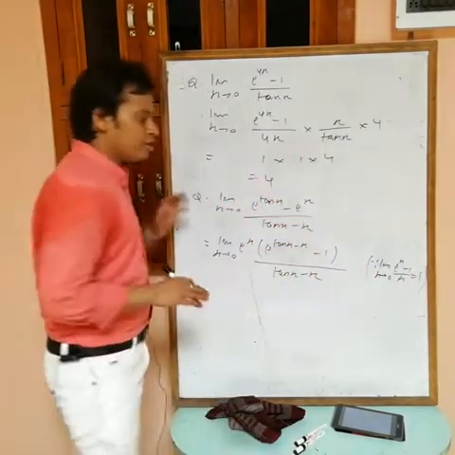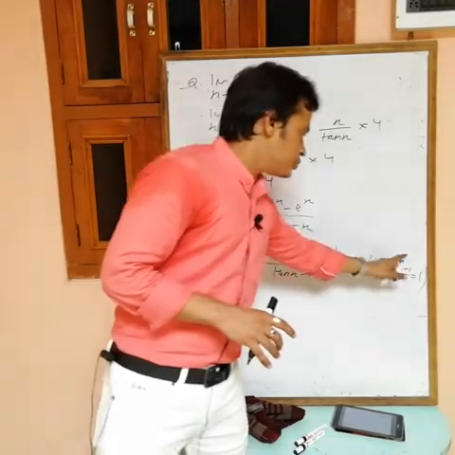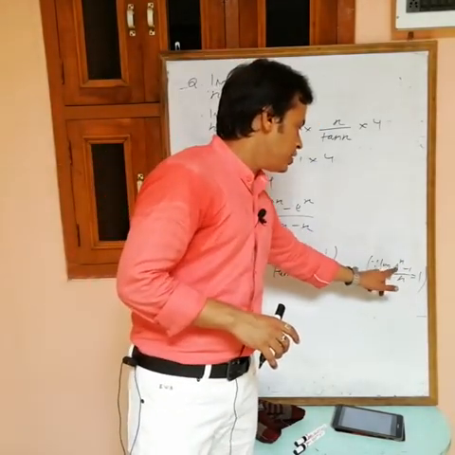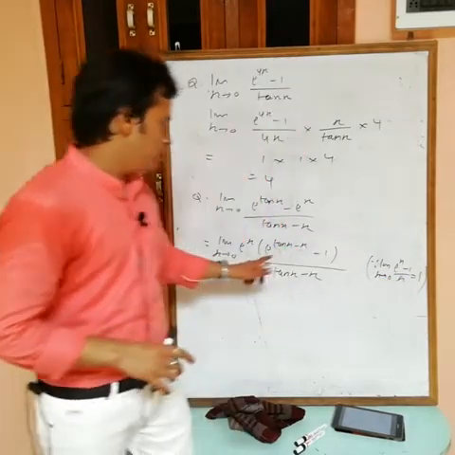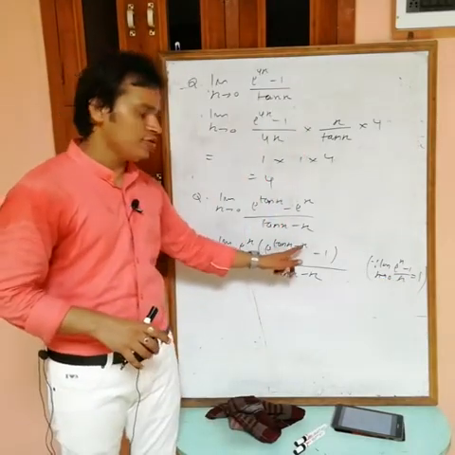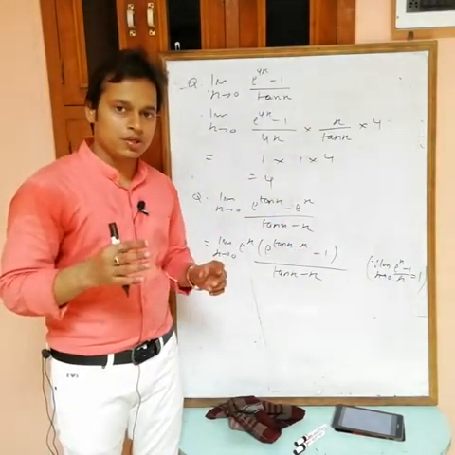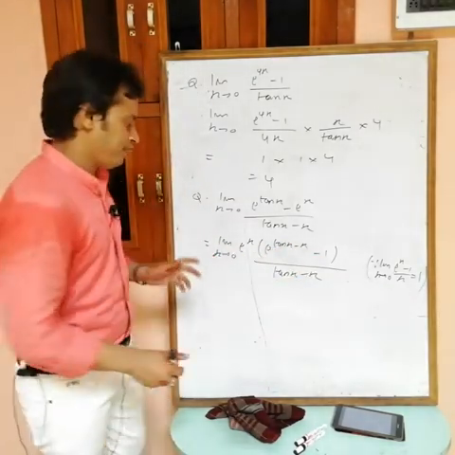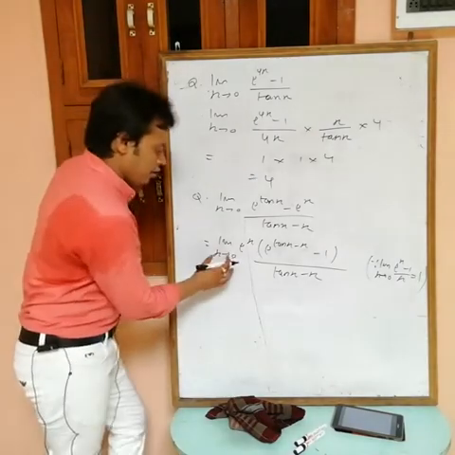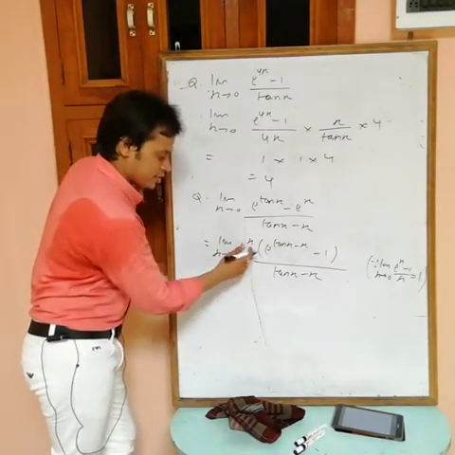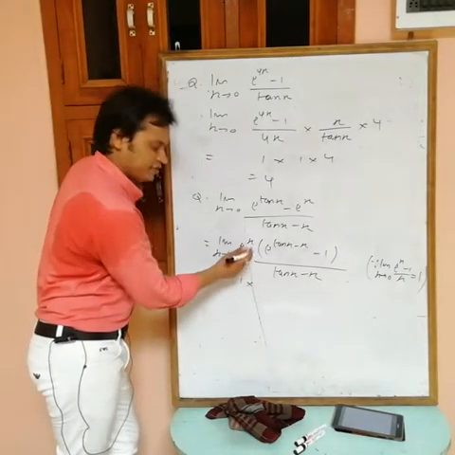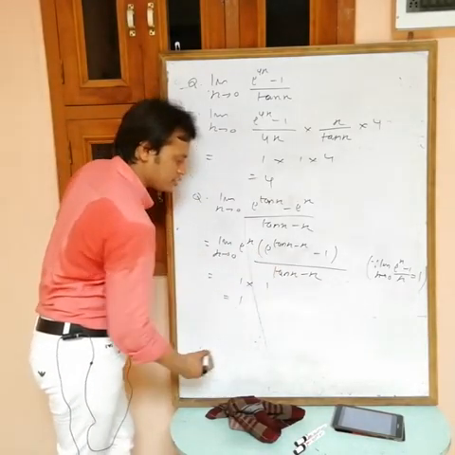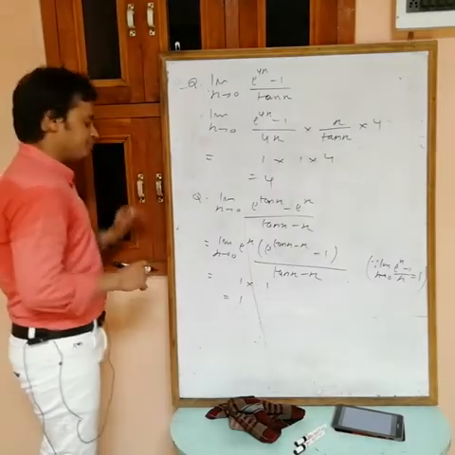To use this limit, we have two conditions. These two must be the same. And when we put x equals 0, we get e^0 - 1 by 0 form, since tan 0 - 0 is also 0. So we are getting the (e^0 - 1)/0 form. Then okay. Now the limit of this one, put x equals 0, is 1, since e^0 equals 1. The limit of this one is the standard limit 1. So the answer is 1.